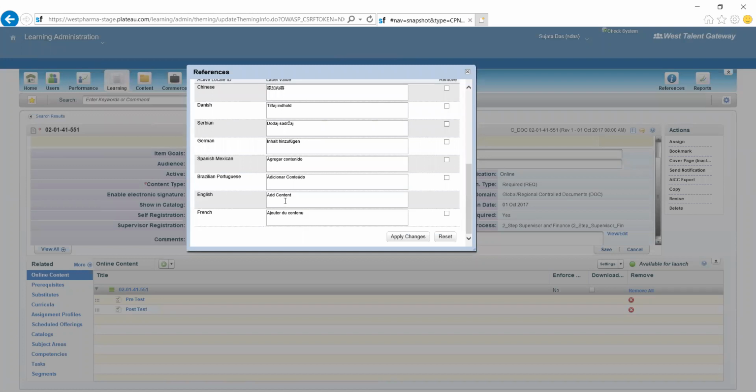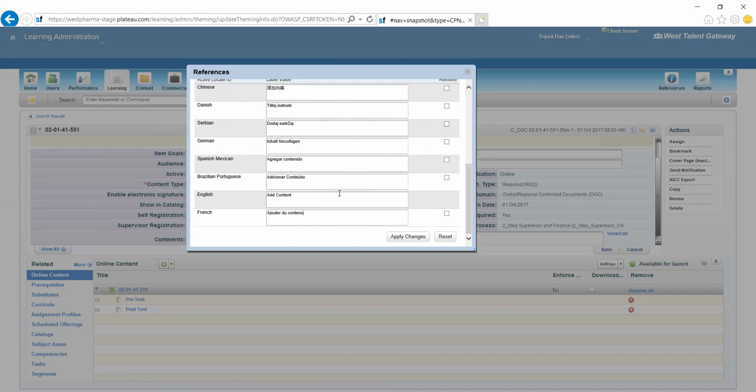In English it is add content. In German they call it something else, I'm not able to read it. Similarly in French you have something else, as this is mostly a European project, a European dominated project.